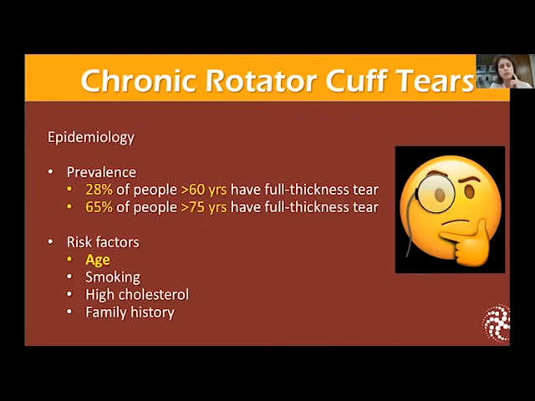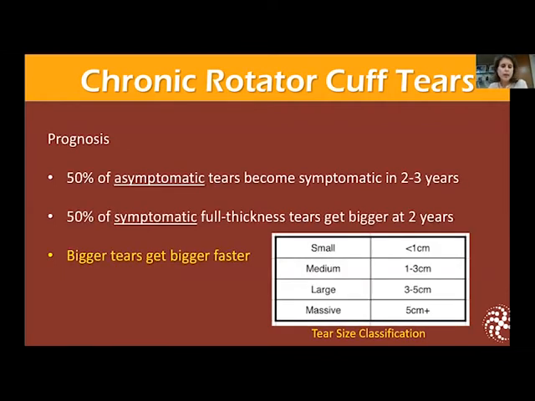Risk factors associated with developing rotator cuff tears are, again, age is the big one, smoking, high cholesterol, and then family history can certainly play a role as well. And then we do know the prognosis of these. For tears that are asymptomatic, if you get an MRI of a shoulder for other reasons and you happen to notice a rotator cuff tear that's not causing symptoms, about half of those will become symptomatic over the next 2 to 3 years. And then of symptomatic tears,